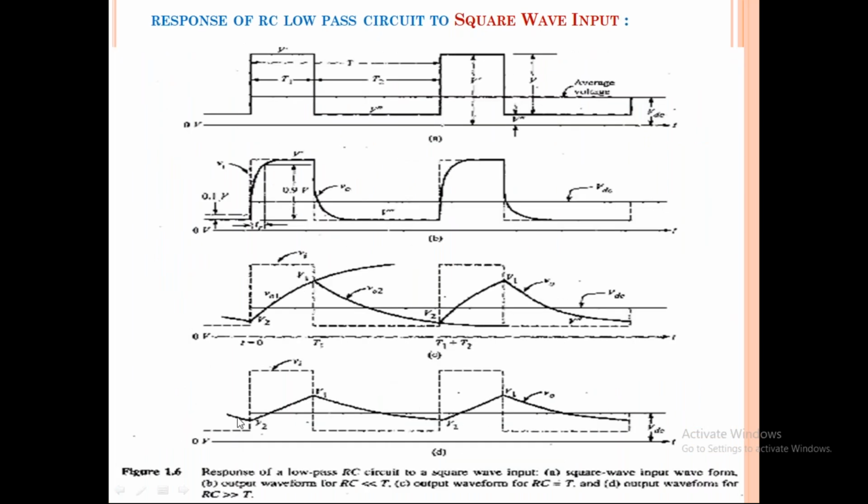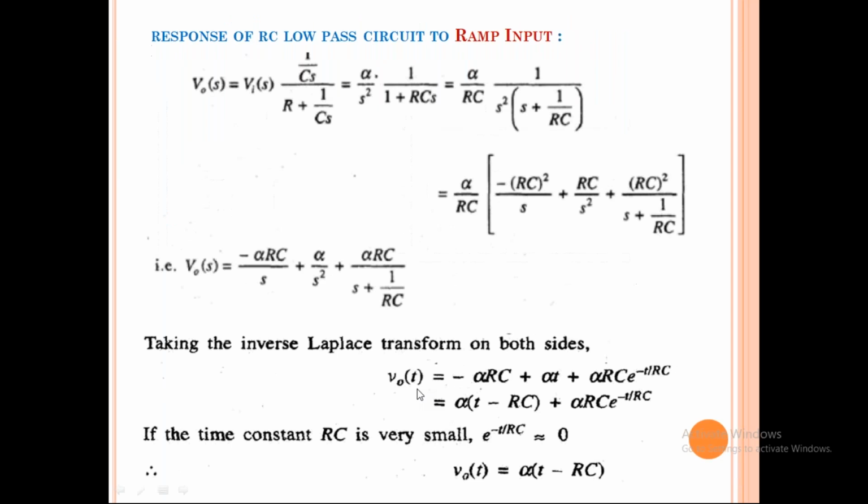What is the large time constant? You have to see the last diagram. Here RC is far greater than T. That means the time constant is very large, capacitance is very large, and it charges slowly. So the output waveform is slowly charging and will look like a linear one. That means a square waveform is converted into a triangular waveform for the integrator condition, RC far greater than T.